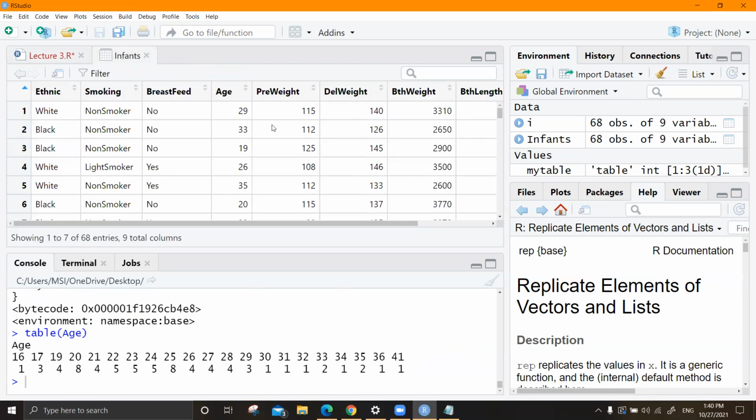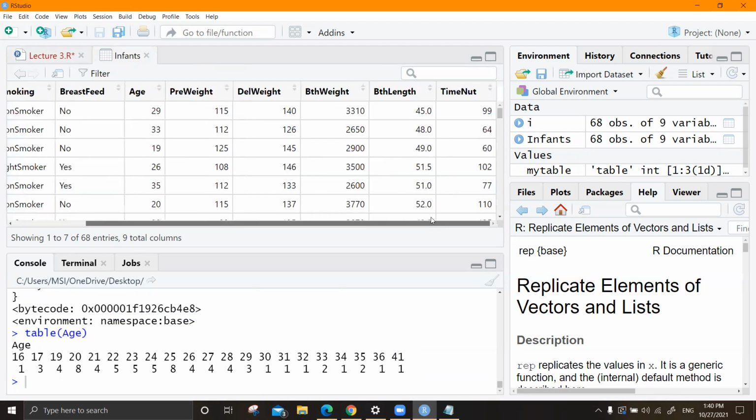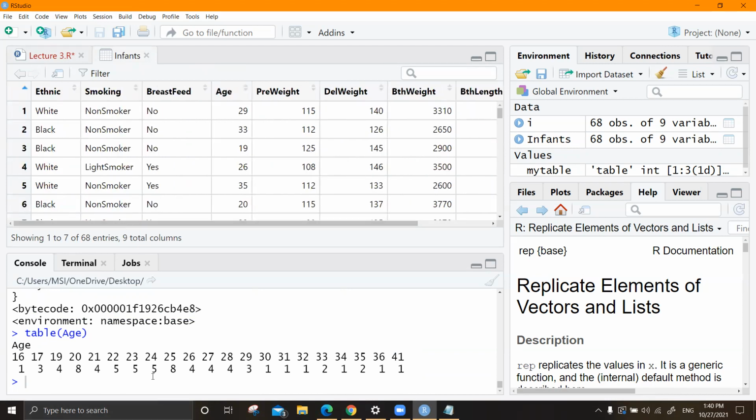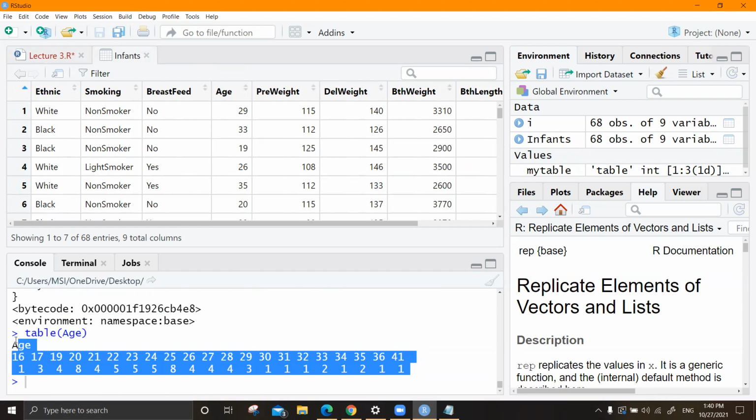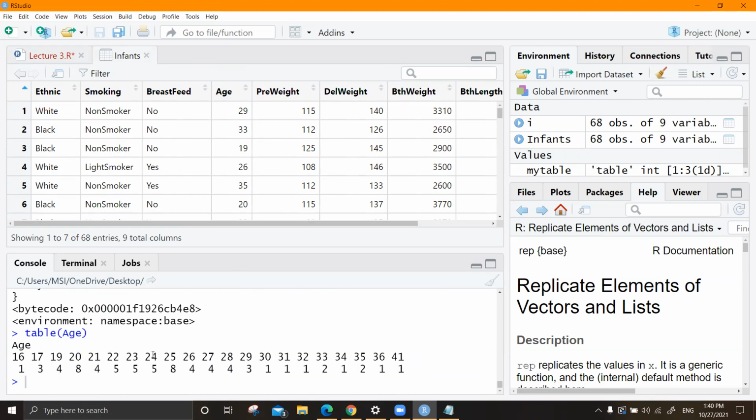That is why you weave the data set like this, and see. You usually draw tables for categorical variables to identify the categories and counts. For this type of a variable, you can obtain a table, but it is meaningless. So if you do something like this at the exam, in case you are asked to write a report or anything, then you're going to lose marks because this is not meaningful. Yes, it says age 16, there's only 1 person, age 17, there's only 3 people.